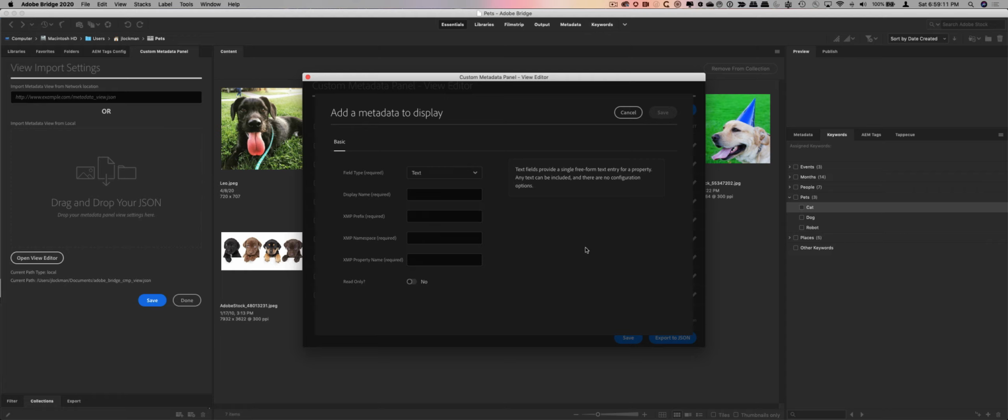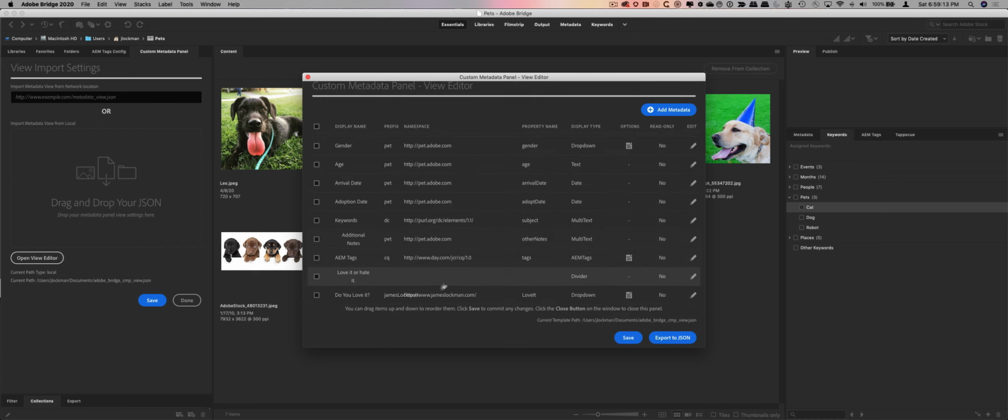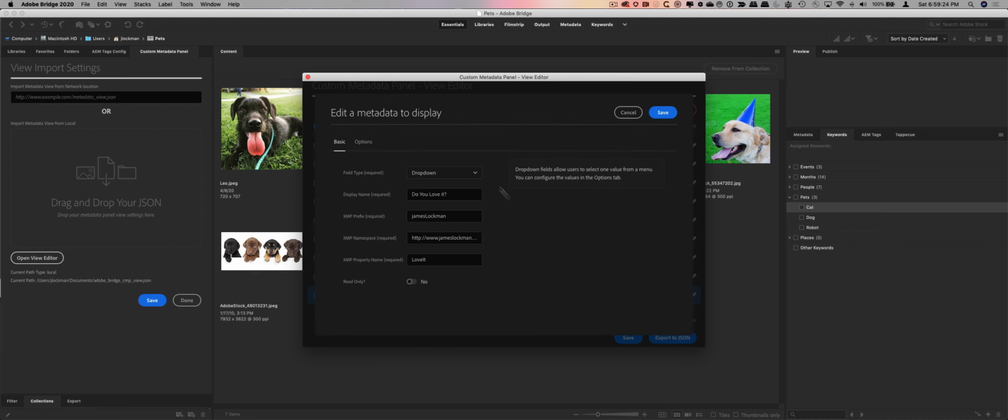Now, in the case of this one, do you love it? I had created it as tags. I had switched it to a drop-down for this purpose so that we could see what happens when we get an error. So we'll go and switch it back to tags. Now, the nice thing about drop-downs and tags is that it will provide us with options. Drop-downs and tags are going to record data slightly differently in the metadata. So you need to be careful about how you